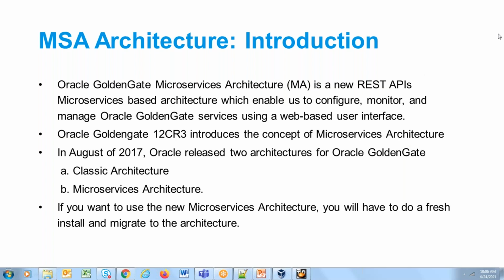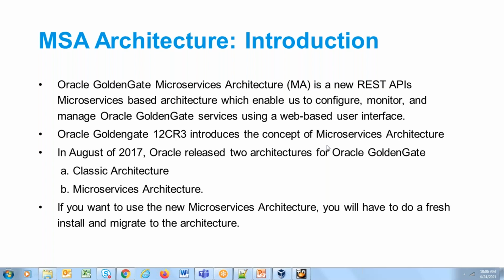Golden Gate microservices architecture is a new REST API based architecture which allows us to set up, manage, troubleshoot, and configure Golden Gate through a web-based user interface. Oracle Golden Gate 12c R3 introduced the concept of microservices architecture.